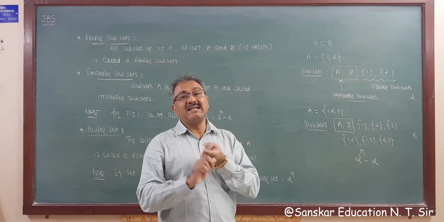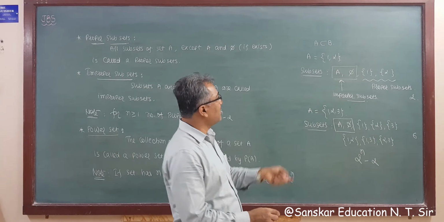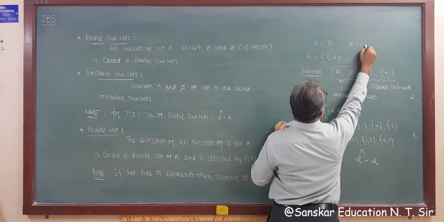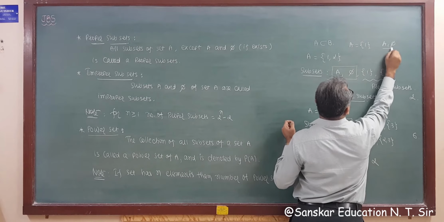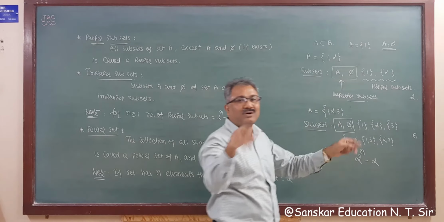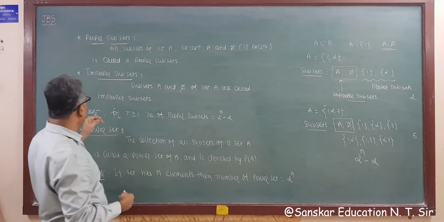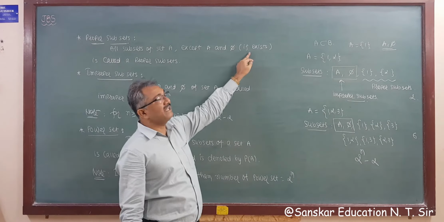Why n is greater than or equal to 1, right? For n greater than or equal to 1, because if n is equal to 1, that is A is equal to {1}, then the subsets are 2 only, that is A and phi. So if we subtract 2, then 2 minus 2 is 0. So that's why we put here n greater than or equal to 1, and here we write if exists.